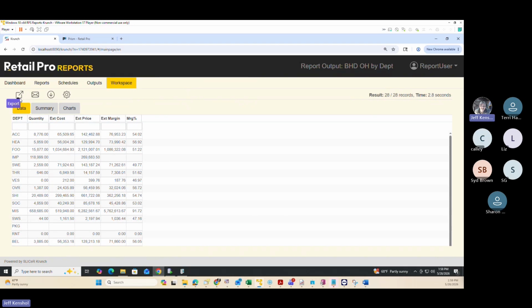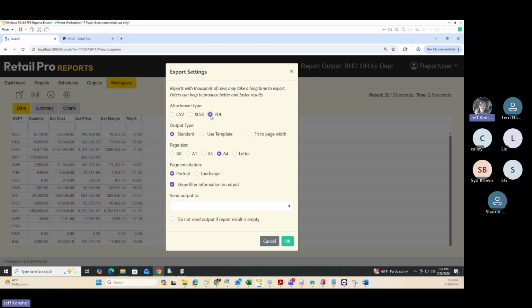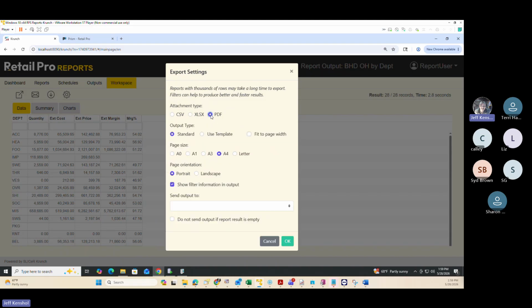At the top here, there's a button that says export. So if we click export, we can say, do we want this CSV? Do we want it XLSX? Or do we want it PDF? So I don't have Excel on my VM. I have it on my computer, but I don't have it on my VM. But if we go to PDF here,